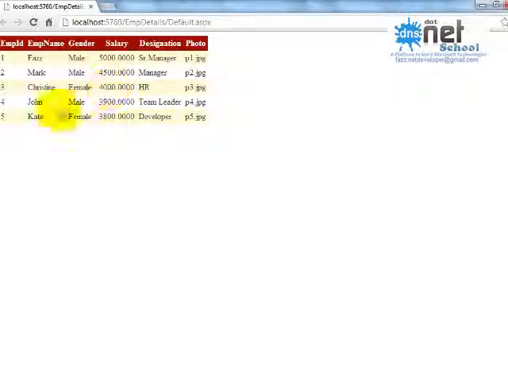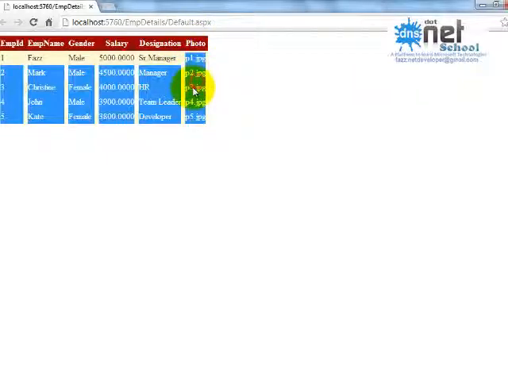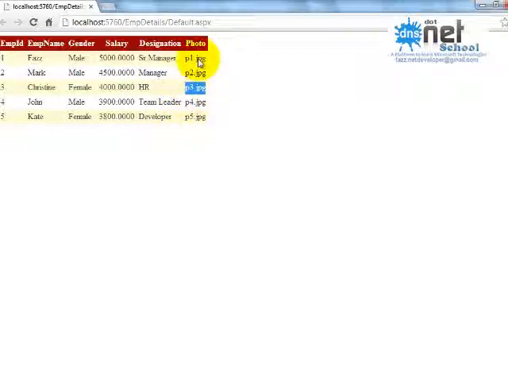So now the data is displayed. Okay, you can see here photo, it shows the file name. We don't want that, we want to display the photo itself. Okay, the picture I want here. So fine, so how to bind the data by using columns. Okay, so let us see that, how we have